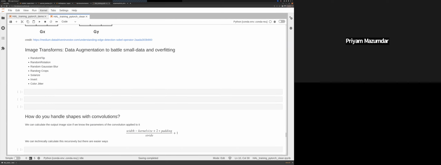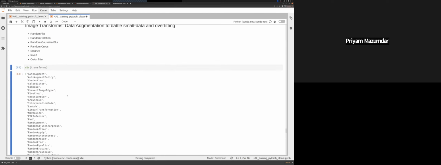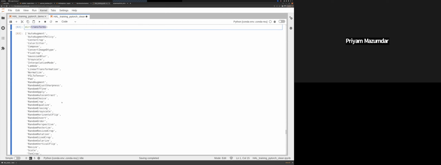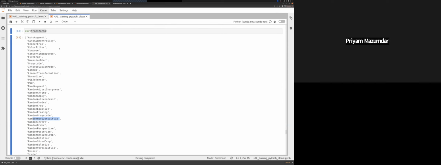Good. There are also a couple of data augmentation options. I briefly mentioned this, and I'll just briefly mention it again. Convolutions are very powerful, but they're also prone to overfitting. In our transforms module, we can see we have a ton of different things. The most popular ones that I use all the time: every time you pass in an image, randomly flip it, randomly resize it, randomly crop it, do something random to it so that even if you